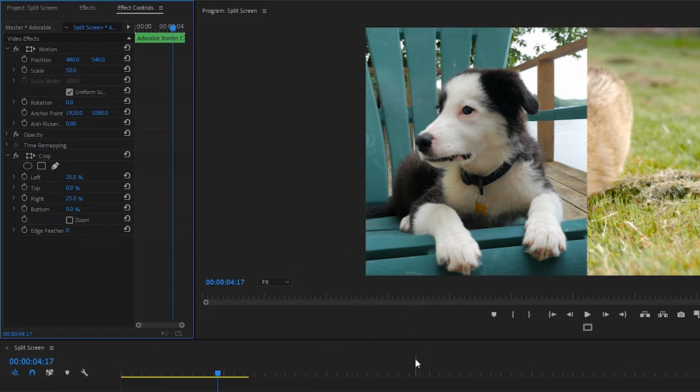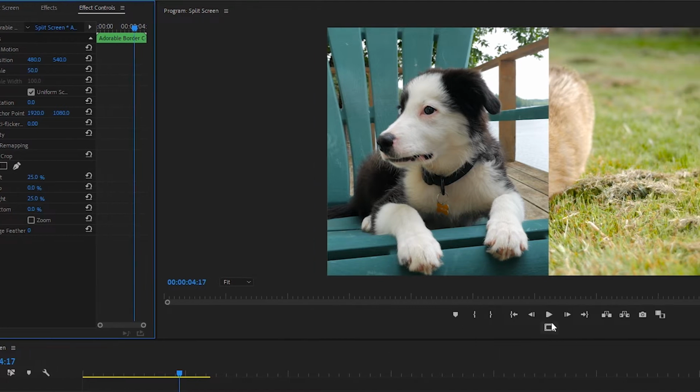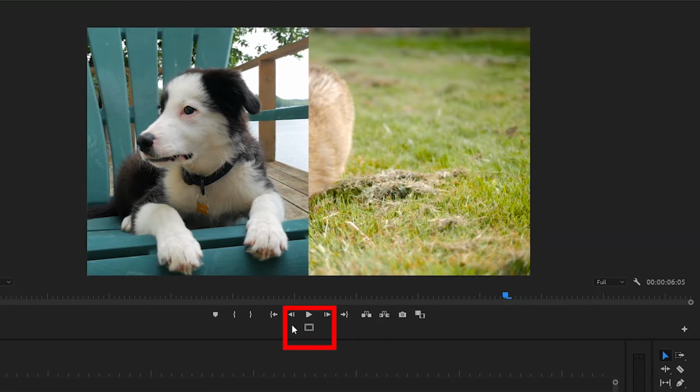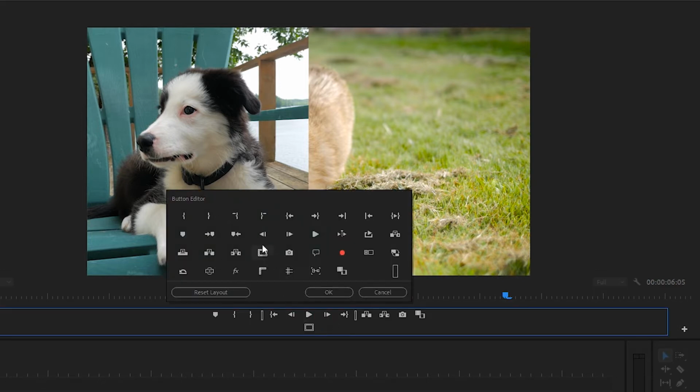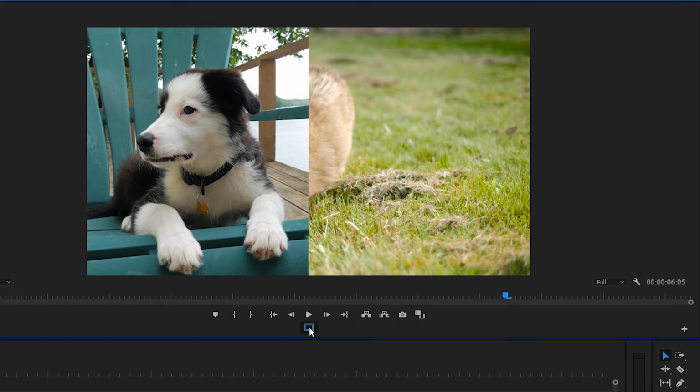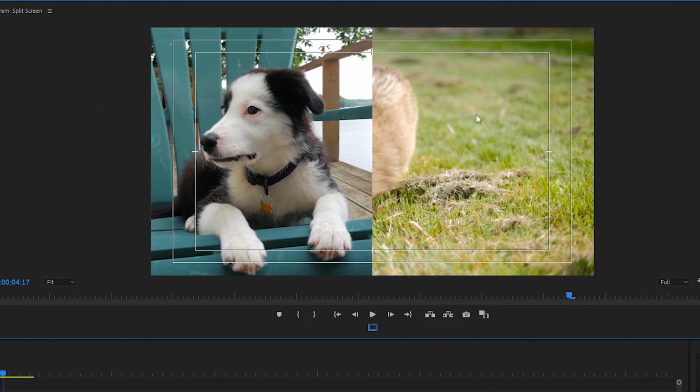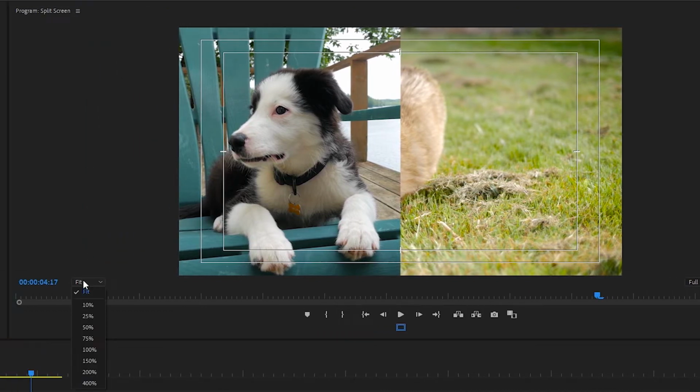And one thing that I always do, and I recommend you do as well whenever you're doing split screen, is turning on your safe margins. If you don't see this icon here in the program window, you can click on this plus icon to the right, find the safe margins icon and drag it down. Click on this icon to turn it on, and I will just zoom into the screen here. So I'll go from fit to 400%,